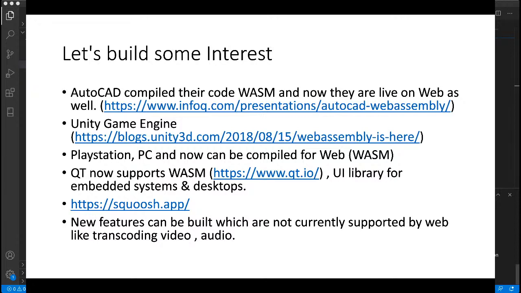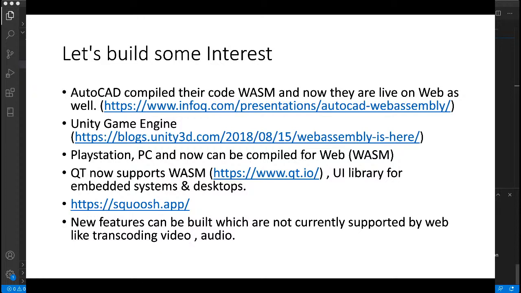There are certain things in between that they need to do, like writing some bridge code to connect the C++ directly to JavaScript, but that is very little when we compare it to rewriting the entire application. This code base is around 30 years old. So it has been in production for 30 years.